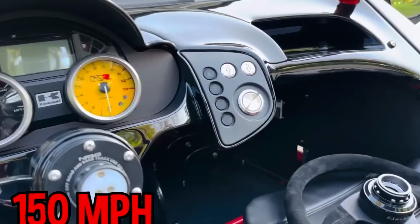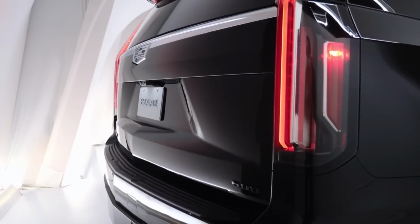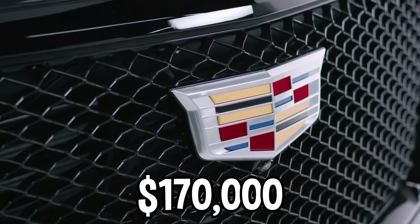150 miles an hour. However, since Gunna is extremely popular, he also needed a very safe ride. He purchased a Cadillac Escalade for his security squad. He customized it with very thick glass windows to protect him in case he ever gets ran up on. This cost him $170,000. While Gunna's car collection took a huge chunk of money, he has also spent millions of